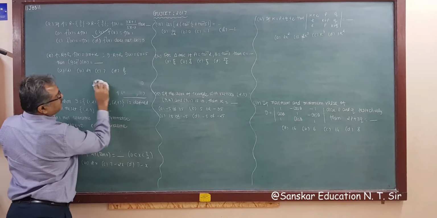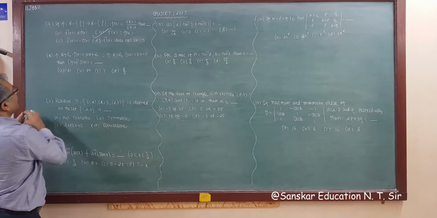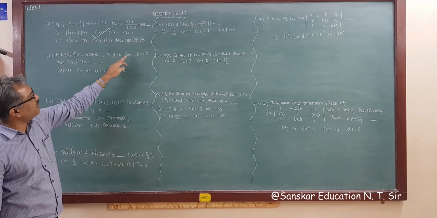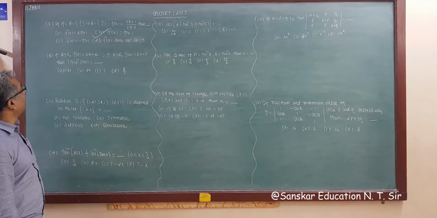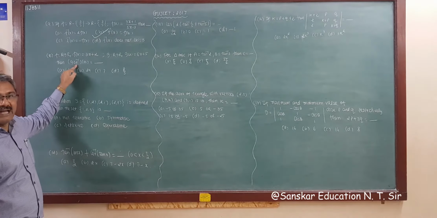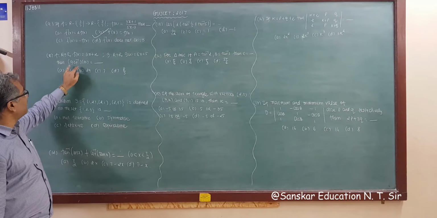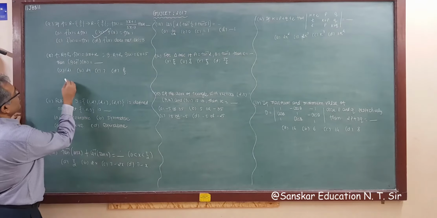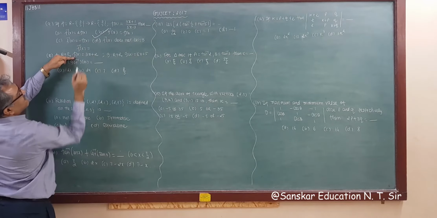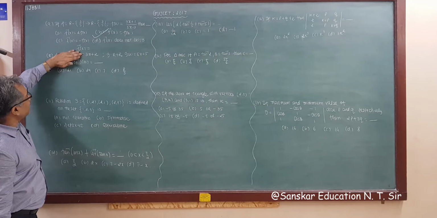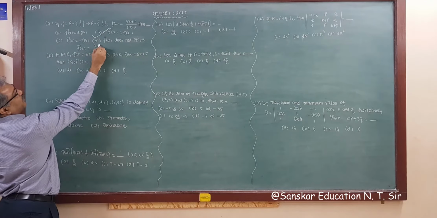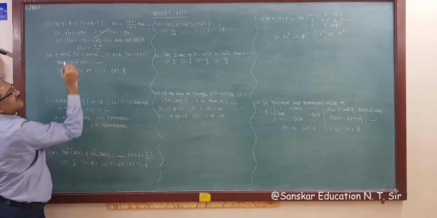Right? You have to remember this. Now, f from R to R, f(x) is equal to 3x plus 2, g from R to R, g(x) is equal to 6x plus 5. Then find (g o f inverse)(10). You have to first find f inverse and then take the composition of g and f inverse. So f(x) is this. Consider f(x) equal to x. So what is f inverse x? It is (x minus 2) divided by 3.